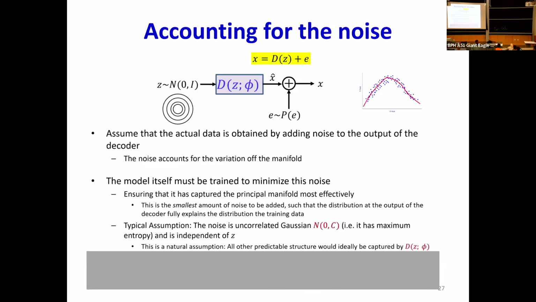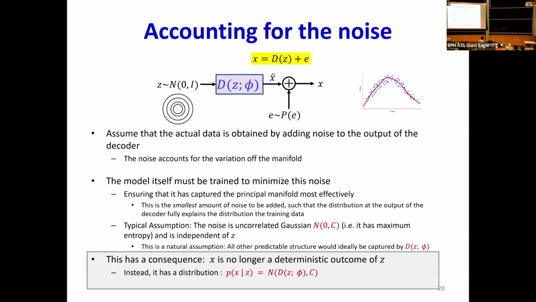Why would you assume that the noise is Gaussian? Anyone? We mentioned something about it briefly just a little while ago. If the noise were not Gaussian, it means the noise has structure. Correct? If the noise has structure, that's something the model can learn. The model should capture all the structure in your data. If it does a good job of capturing all the structure in your data, all that remains is unstructured Gaussian noise. So you're going to assume the noise is Gaussian. That making sense to everybody?